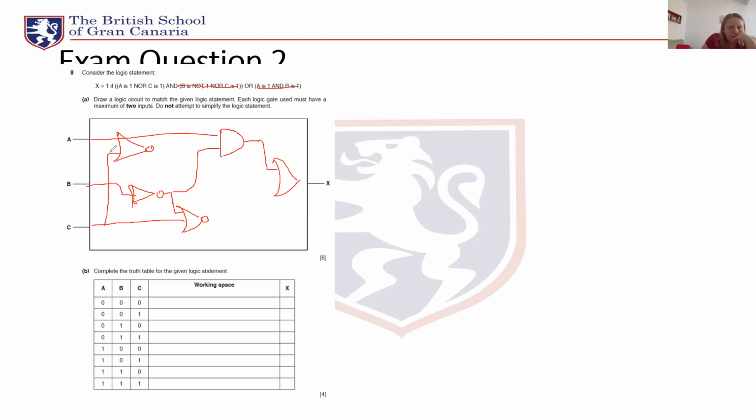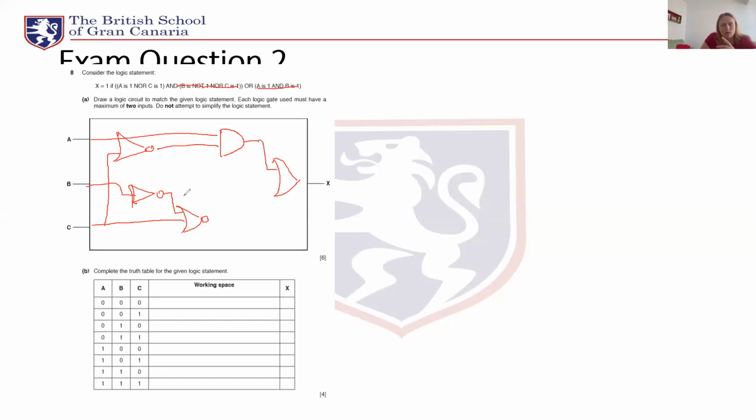So A and C, because they're both going in, right? So where's that going to go? That's going to join to the AND, hang on, I think I might have made an error there. So I'm going to get rid of that. If I've made a mistake getting rid of it, it doesn't matter because I can put it back afterwards, can't I? So A NOR C is 1, and then they go into the AND here, but